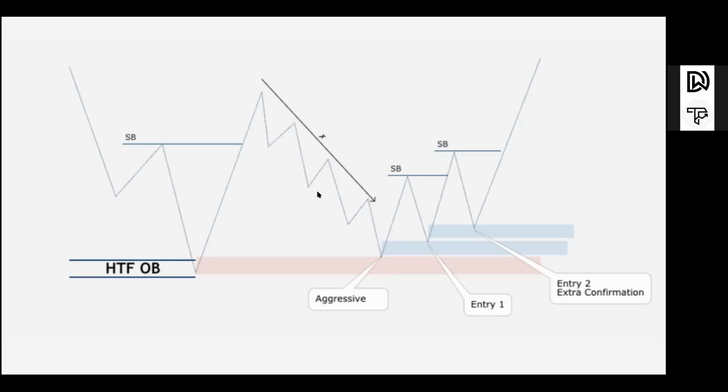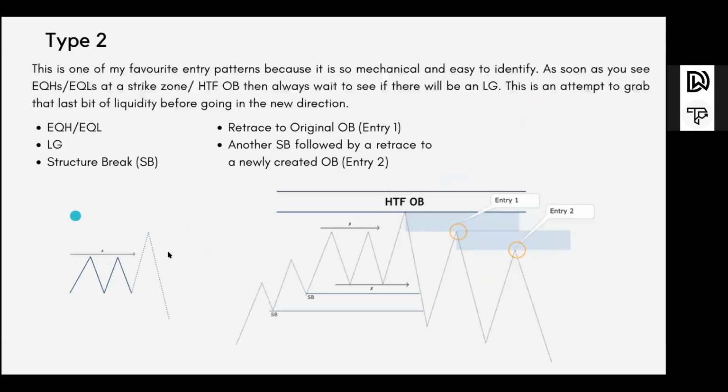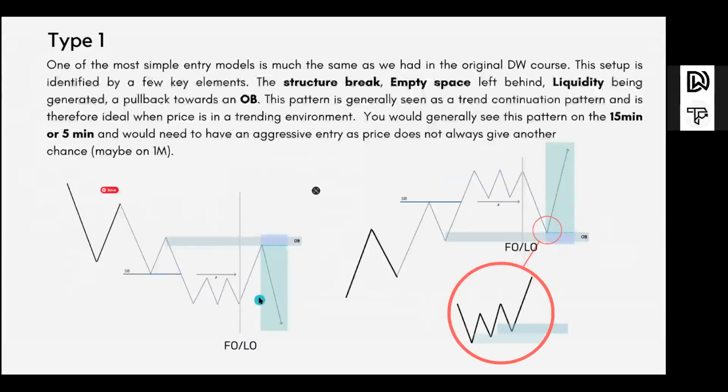So type 1 is for continuation, mainly possibly when the Asian session is trending, right? So you're gonna have that fast tap into an OB. Let me grab the annotation too. So possibly this right here could be as well your Asian session, right? But the market is overall trending. So when you have such a condition, you can expect a quick tap into OB, and even right there, you can get this setup. So this kind of pattern that we have right there in red,